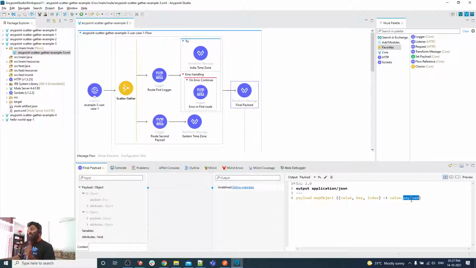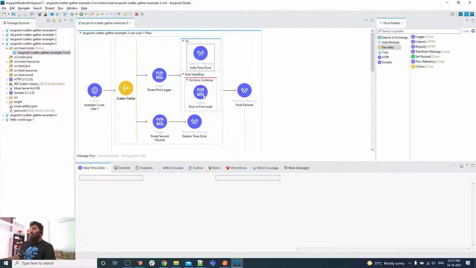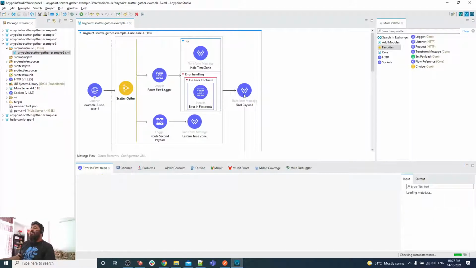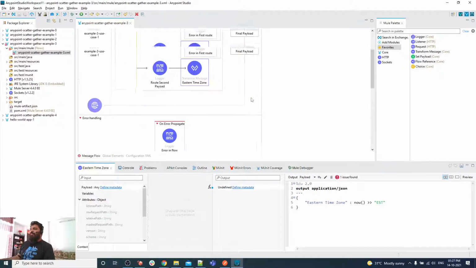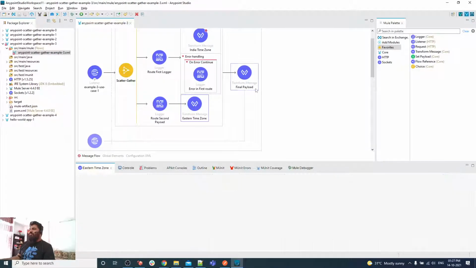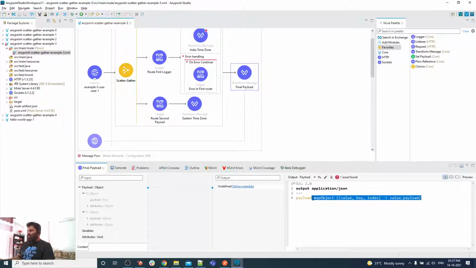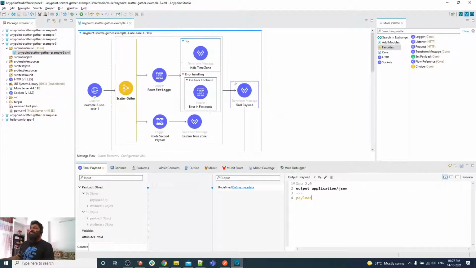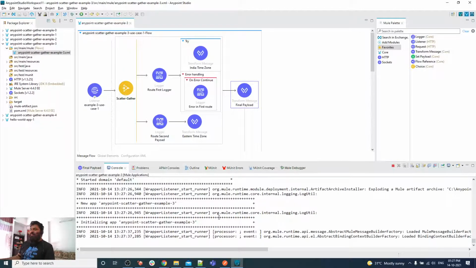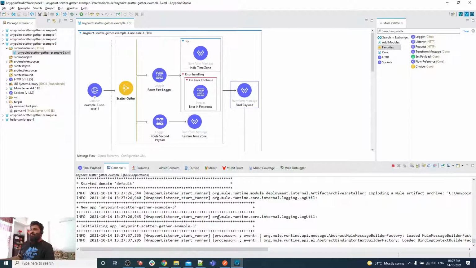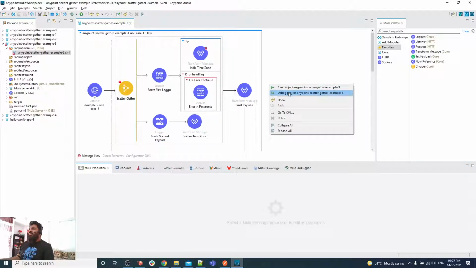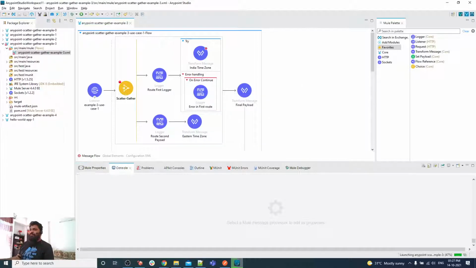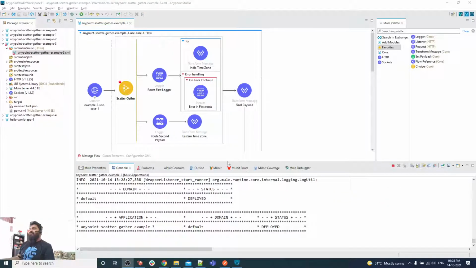It might fail, because this route might send you an empty payload, but this route sends you a payload. For now let me just do only payload, because I will show you later. Let me check whether my application is deployed or not. Let me run in debug mode, so it will be very easy to explain. I click debug start. Yes, as you can see, it is deployed.